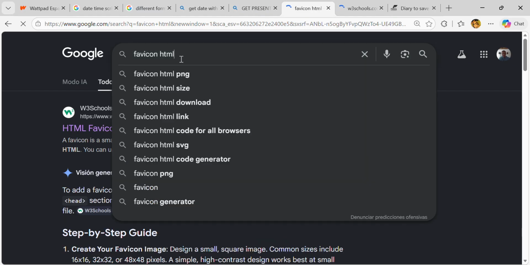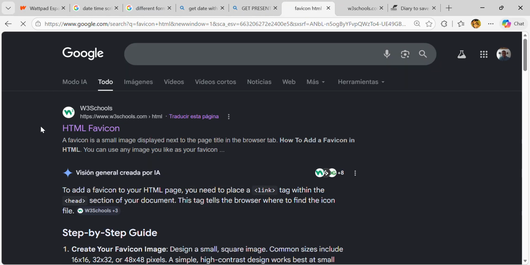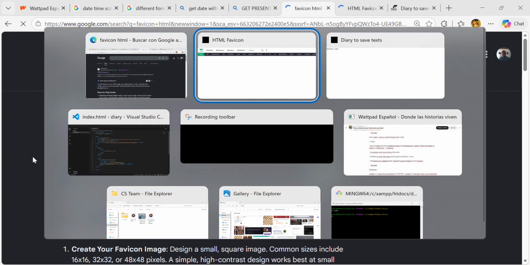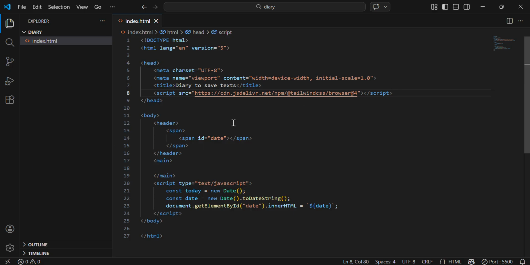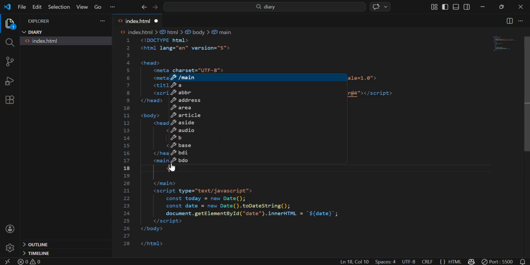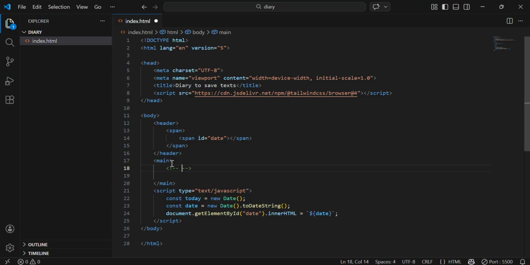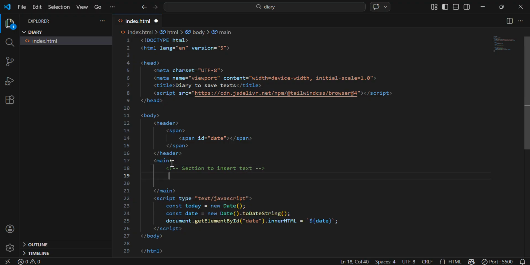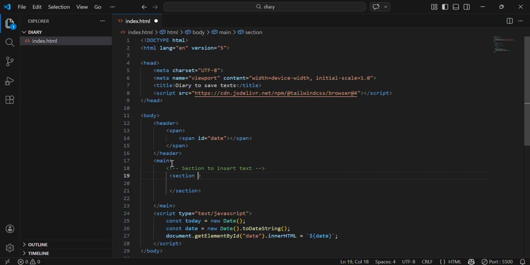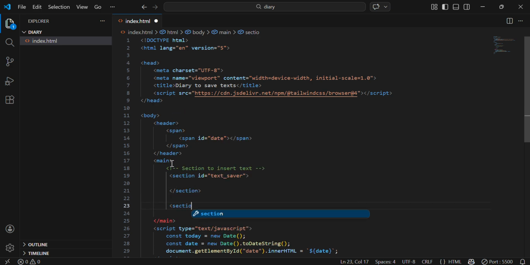I'm gonna open this. It seems not important, but trust me, details are important to remain the balance on the things, okay? Now in the main part here, we want to create just the section to insert the text. Section to insert text. It's going to be just like that. And the ID of the section is gonna be, for example, text saver. And we're gonna create another section with the ID